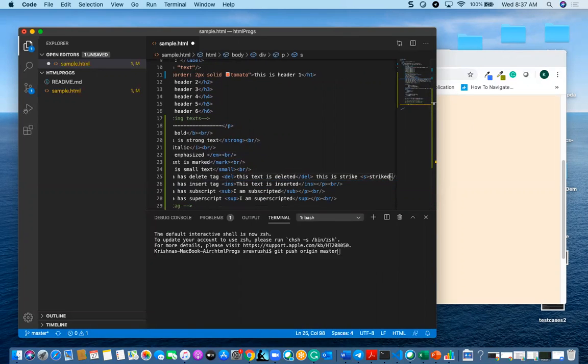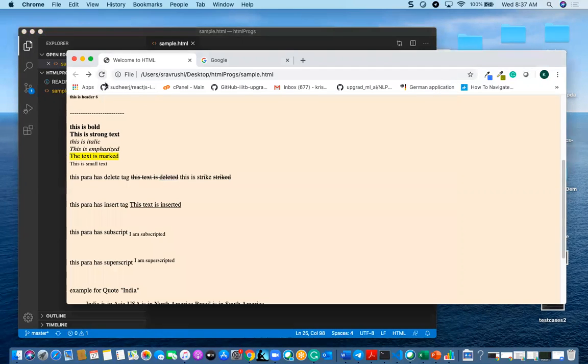Actually, delete represents the removal from the document. Document means the document object model. Strike will represent contents that are no longer accurate or relevant, but it will still be available in the document. That is the basic difference.